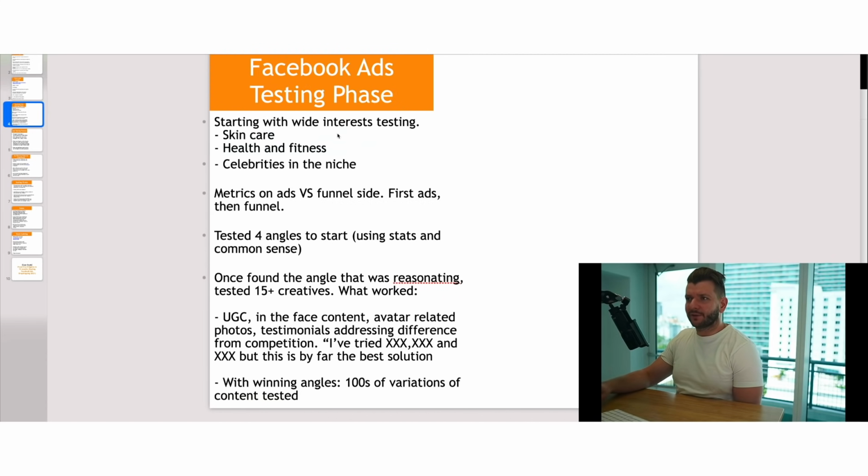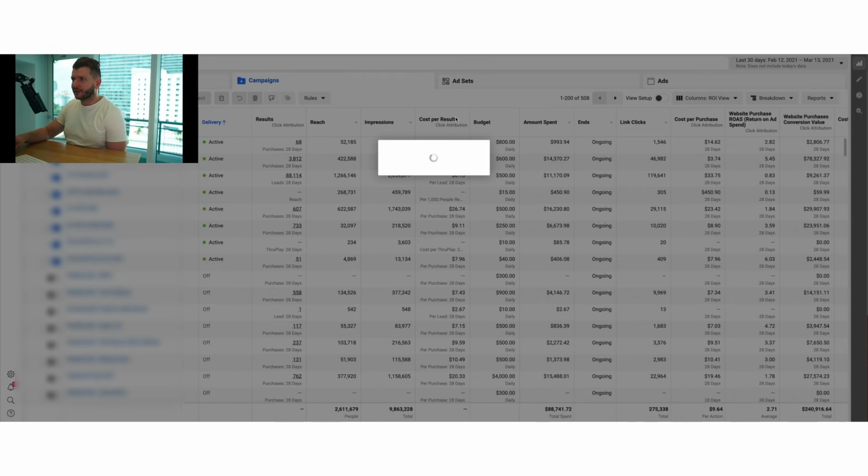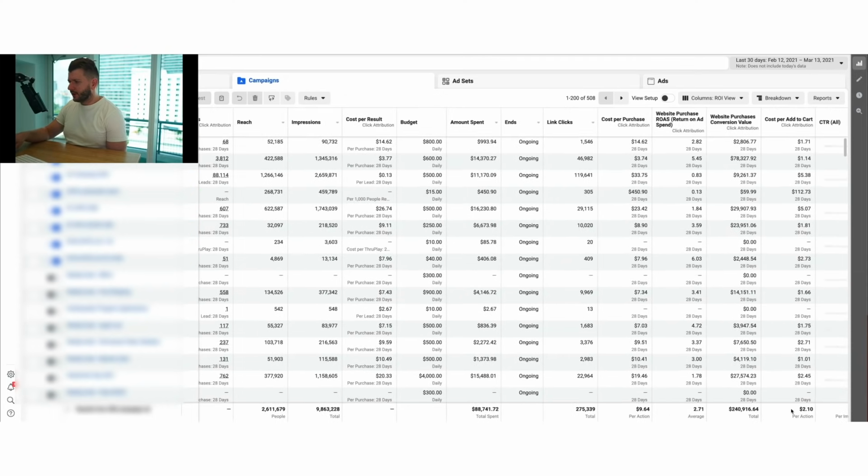So, Facebook ads testing phase. Let me show you inside of the ad account. This is the data from one of the ad accounts. Again, we use this approach where we diversify through different ad accounts. Let me just refresh this for a second. I still have access to the ad account. You can see we spent $88,000 in this particular ad account and generated 240,